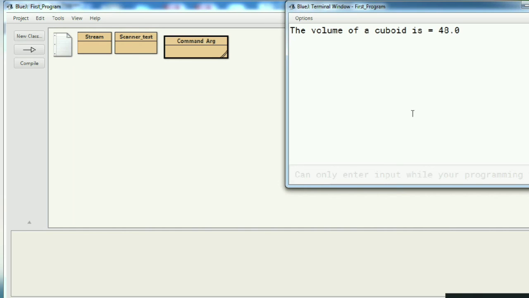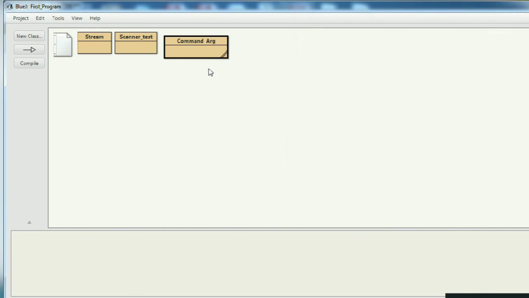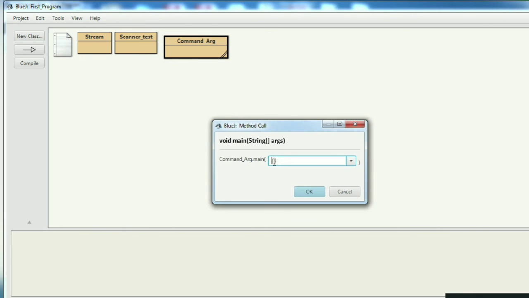Now click on OK and see this, the volume of the cuboid is shown. Let's see one more time. Suppose I enter 1, then 5, but they should be in double quotes and separated by comma, and suppose I enter 6. These 3 values only we have captured in our program.